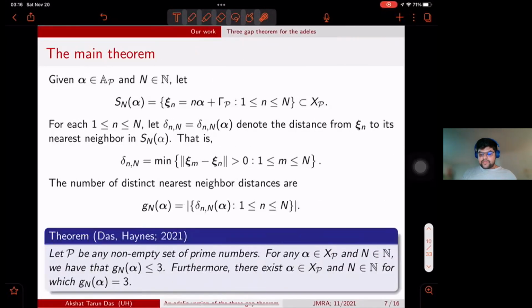And so we define the little g_N(alpha) function to count the number of distinct nearest neighbor distances that we have as n runs from 1 to capital N. So our version of the three distance theorem states that whatever choice of subset of prime numbers P you have, the little g_N(alpha) function will always be less than or equal to 3. So 3 is still the upper bound that we have. And then we also go on to show in the second part of our proof that this bound is best possible and it is definitely attained. Okay, so